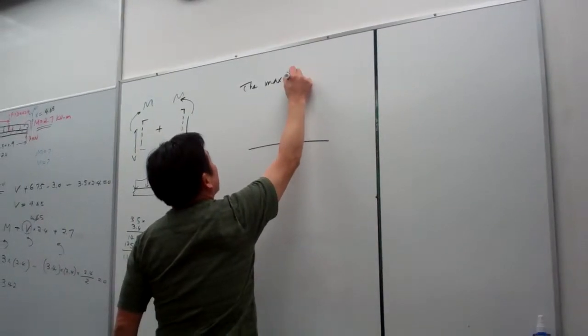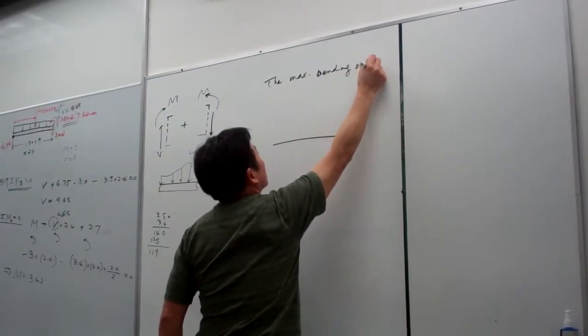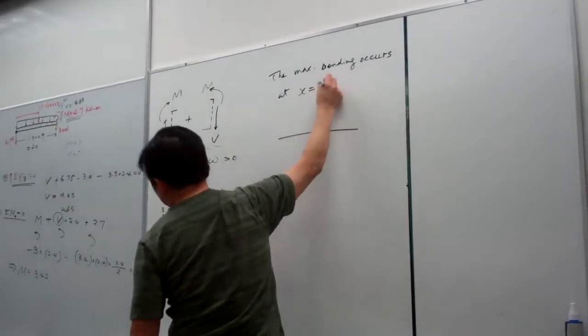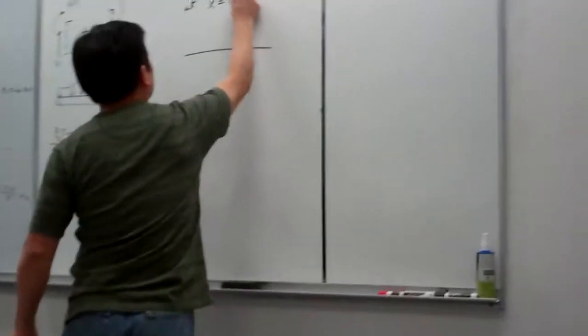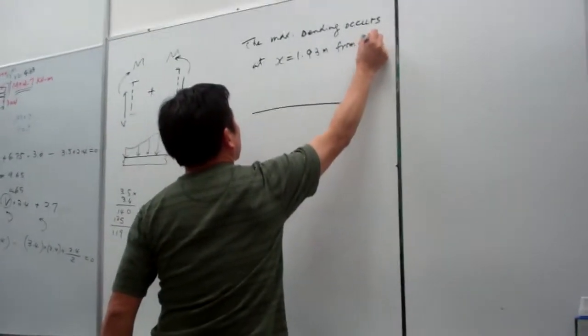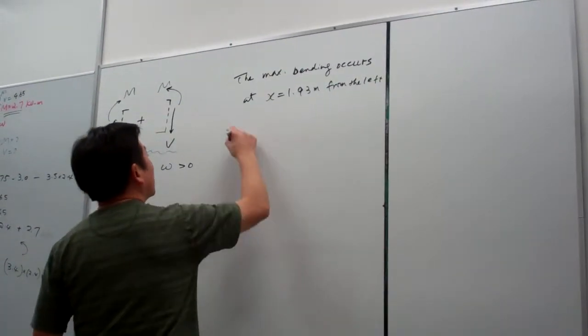The maximum bending occurs at x equal to 1.93 meters from the left, and the value is